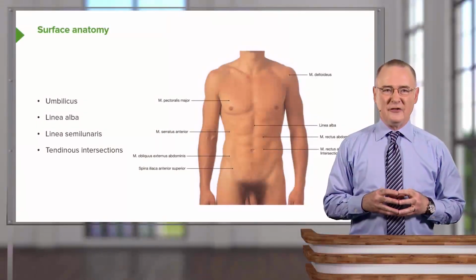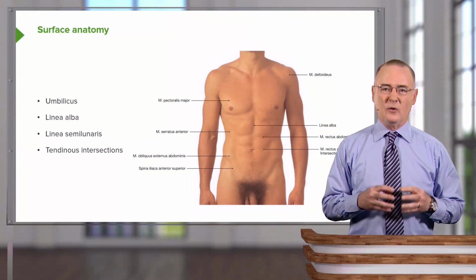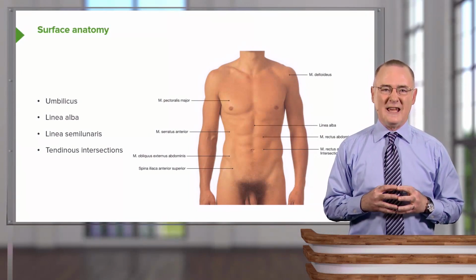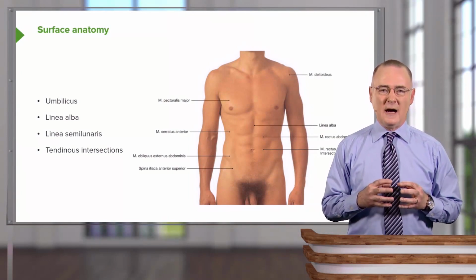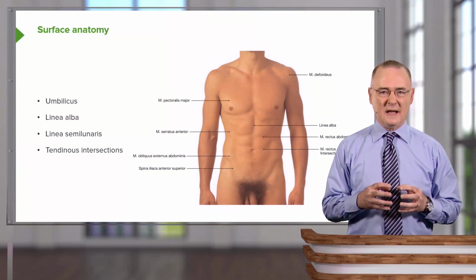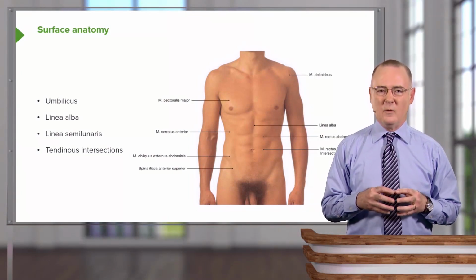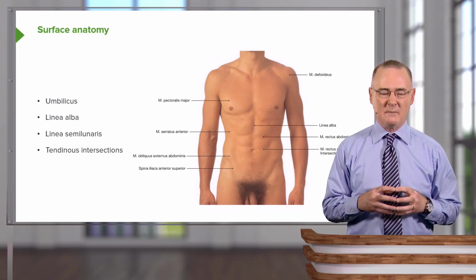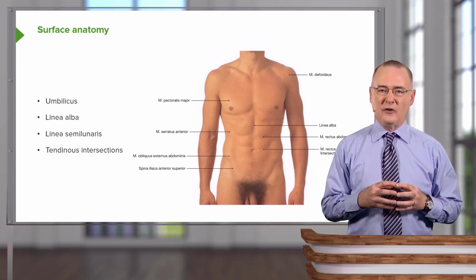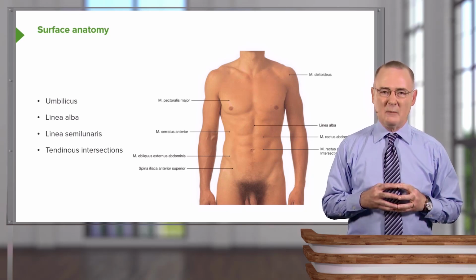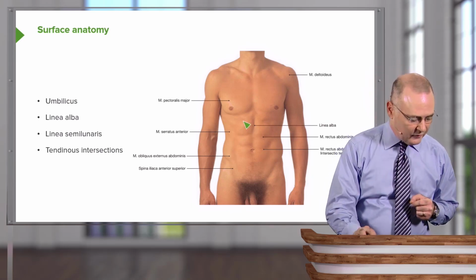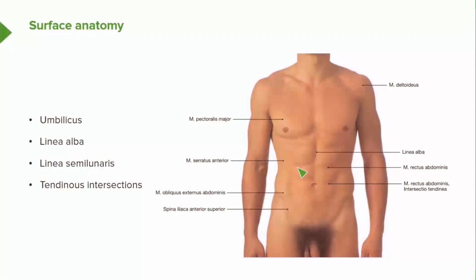This slide brings us to surface anatomy, or the surface relief of the anterior abdominal wall. This is best demonstrated in a young, well-developed male with less than 10% body fat. The landmarks that we're interested in are in the area of the rectus abdominis. The rectus abdominis underlies the skin and rectus sheath in this area, as well as on the left side of